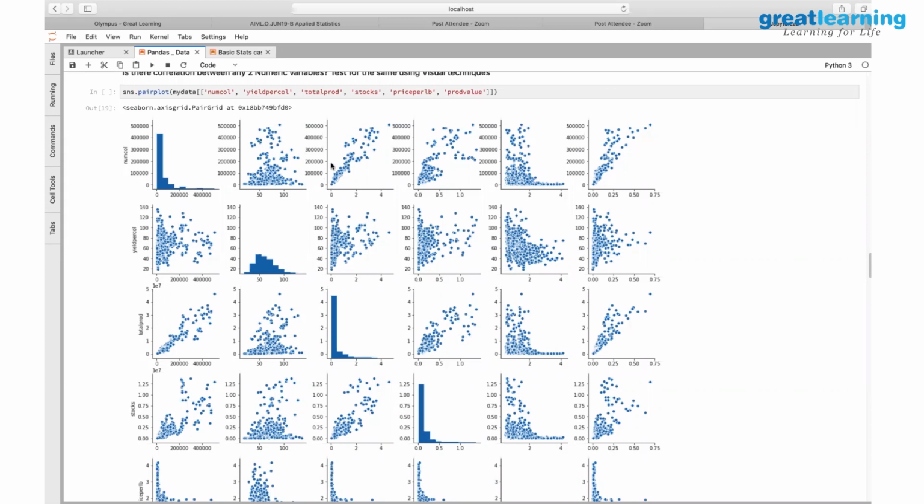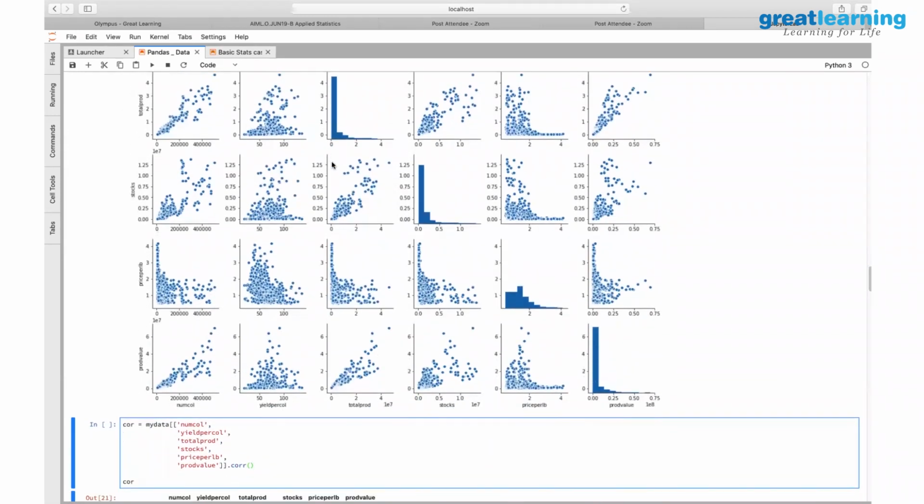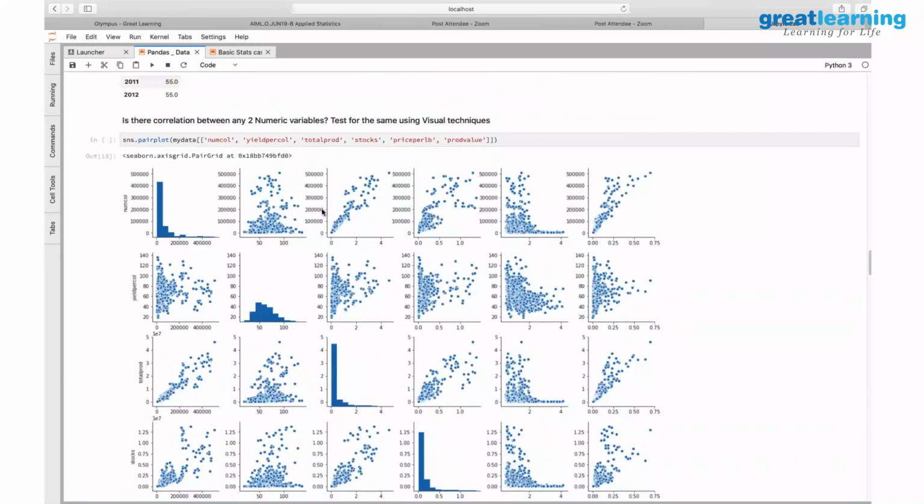Let's say for example another graph has come like this. From here at 20,000 the line goes, and this whole set of points comes from here. What does that mean? There is a C component. Irrespective of whatever we do, there is a basic element of production, a basic number of colonies, which is 20,000. That's why the line is intersecting the axis at this point. Then the C component comes into play. Otherwise, this is y equal to mx.